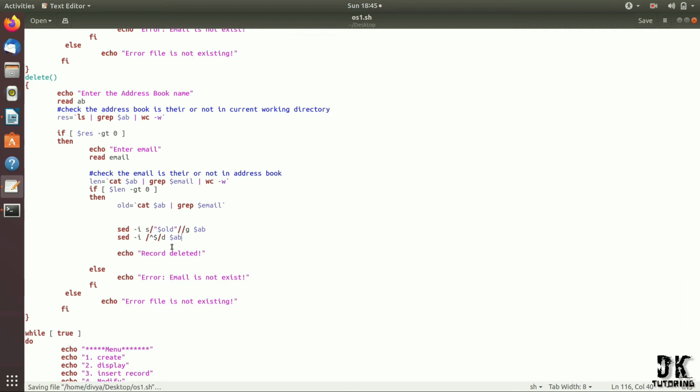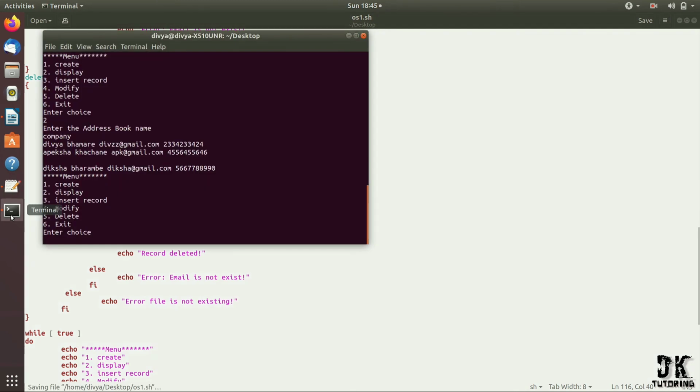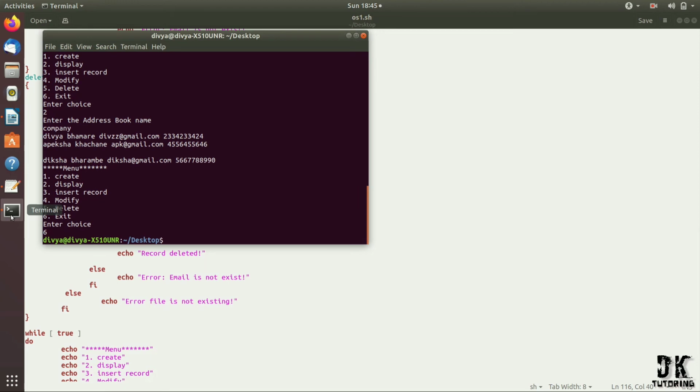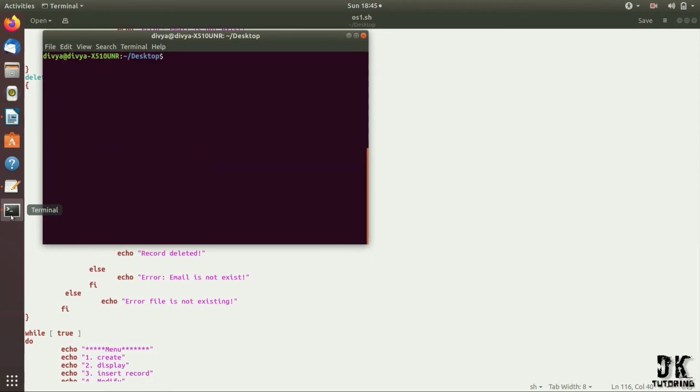Okay, so let's save it by Control S and run it. Enter choice 6. I want to clear the terminal here. ./os1.sh. Okay, so I want to delete, address book name is company here.